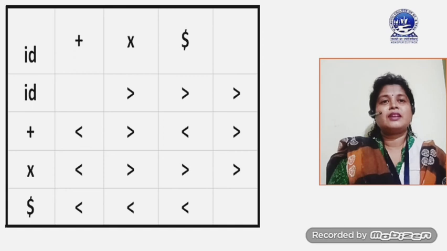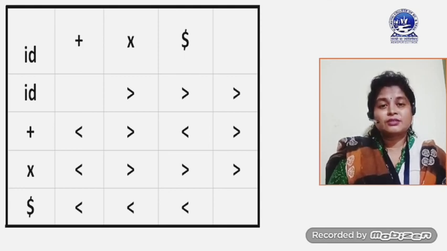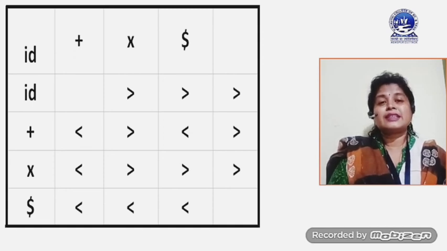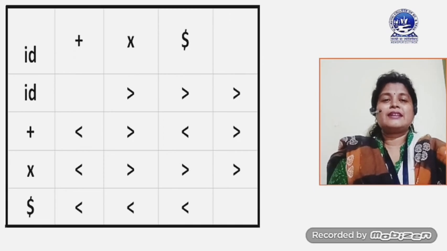For example, in the previous operator precedence rules, when we have discussed, in those three relations we have highlighted. What are those? Those are greater than, less than and equal to. Exactly here we will place which one is greater than which symbol, which one is less than which symbol. In this way we have to construct the operator precedence table by placing greater than and less than symbols.